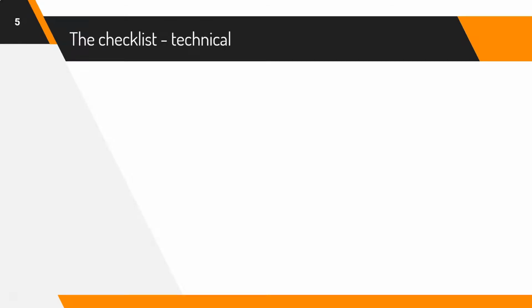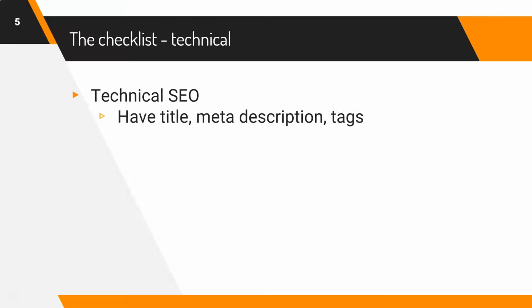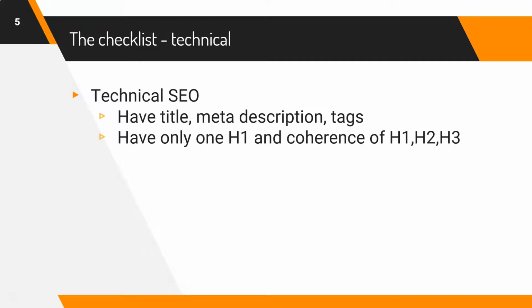So the checklist on the technical side. In the technical SEO that I was talking about, we have having a title that is not too long. You will see later on that you can have different information. You can have a too long title, have a metadata description, meta tag, having only one H1. So actually, this is something that I lived with GroovePages. You can take sometimes templates or more. If you take a few blocks together from the templates section of GroovePages, you may be ending up with more than one H1.